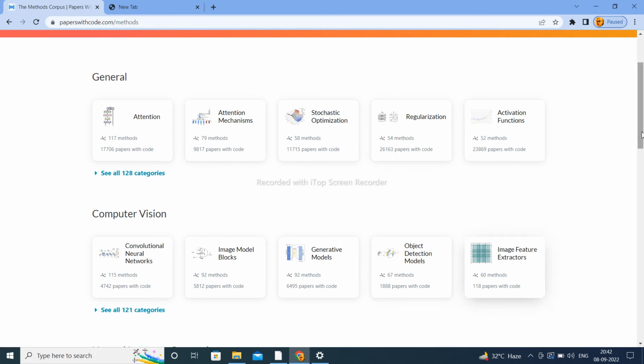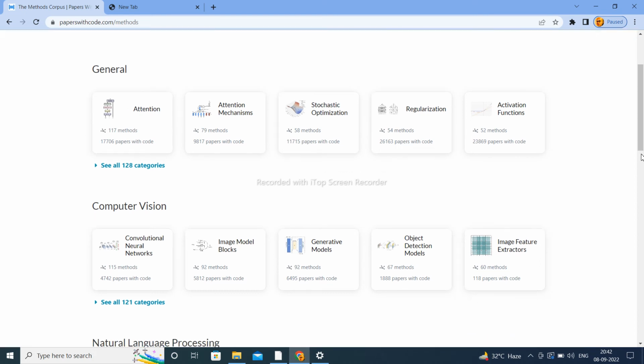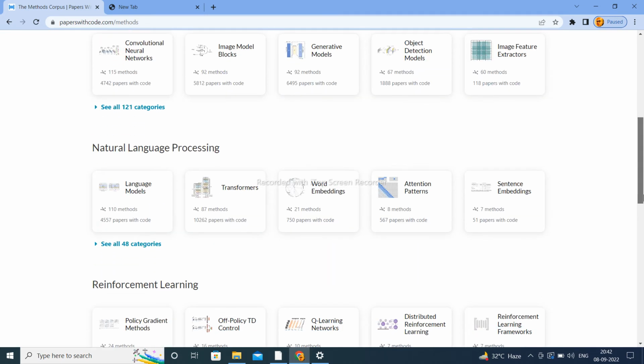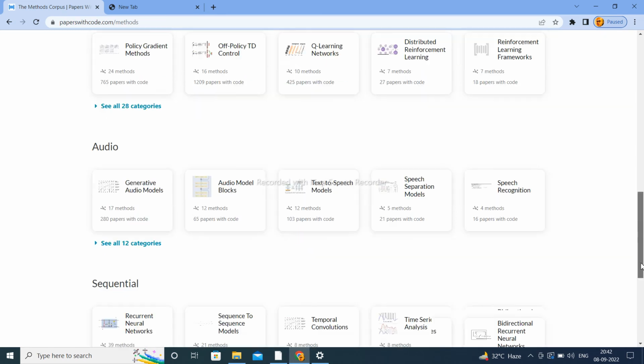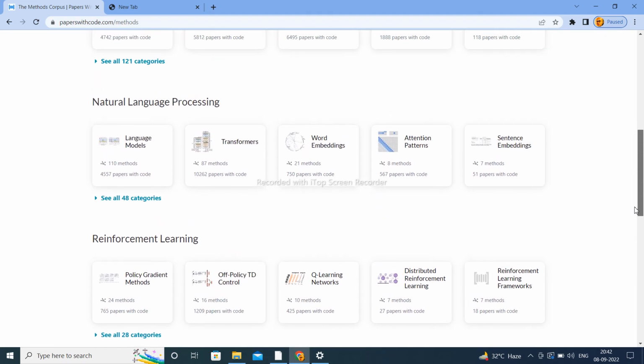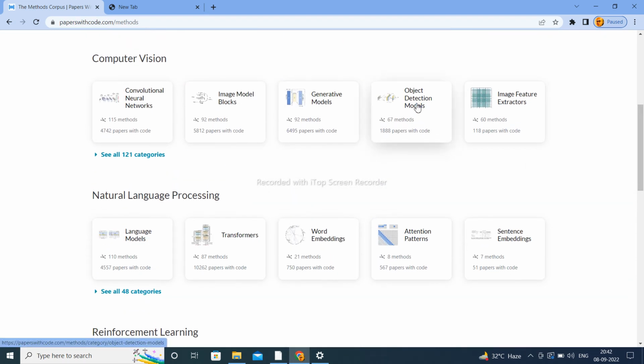If you want to study, you can click here and gain deep knowledge with code. Suppose you want to study the object detection method. Now click here. There are 67 methods in total